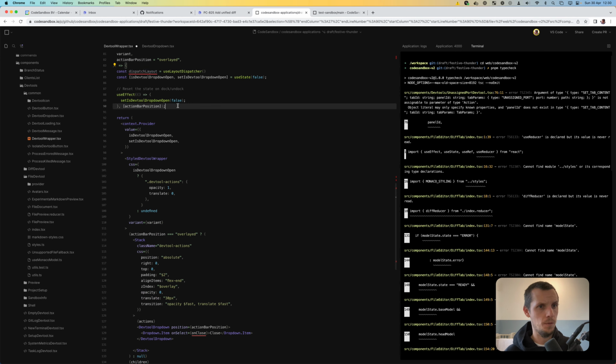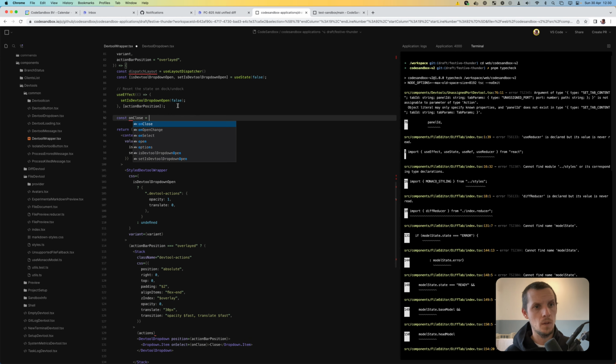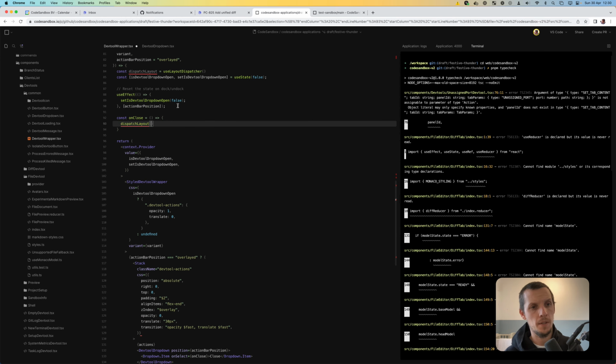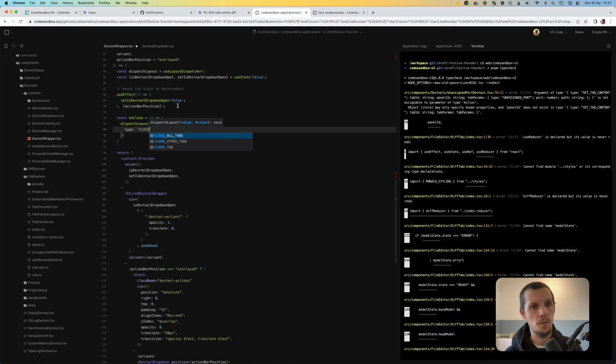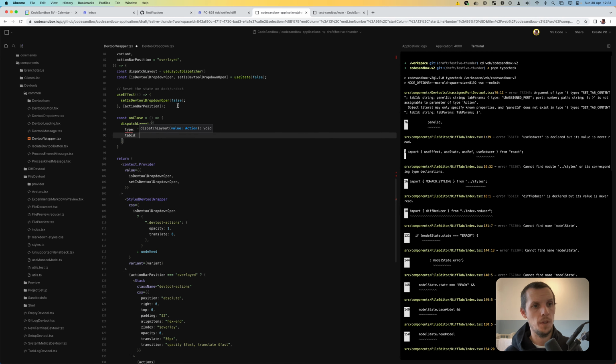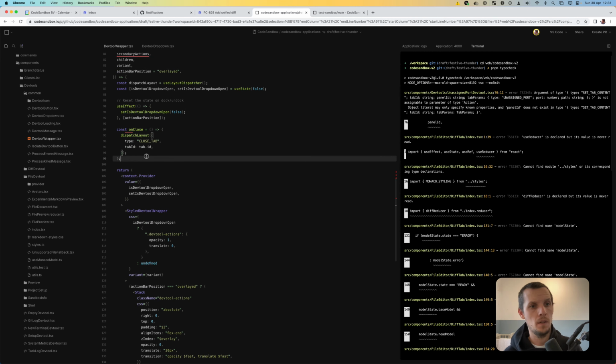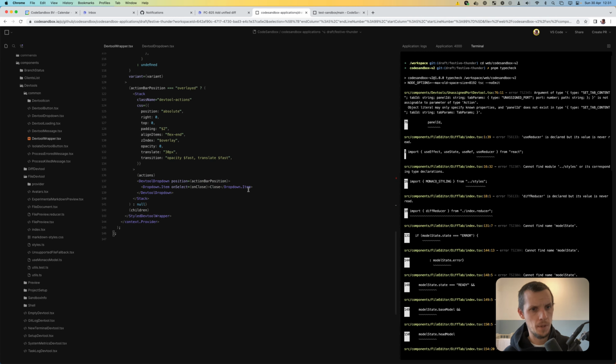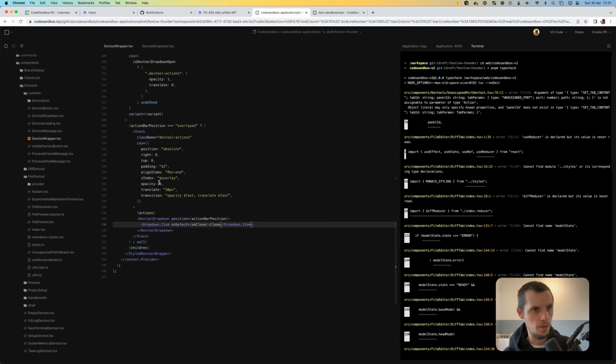So our onClose would be dispatch layout type close tab. Tab ID will be tab ID. So now we have our onClose, and then we need the other ones,